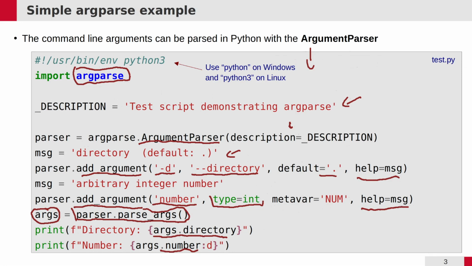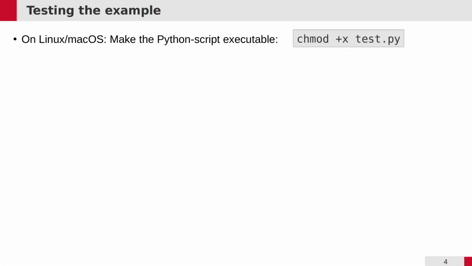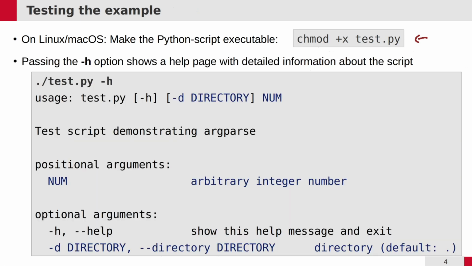So type that in, and if you are working under Linux or Mac OS, maybe you should make your script executable. That you can do with a chmod +x and the name of your Python file. Under Windows in the Git Bash, it should work out of the box. And if you now start this test.py